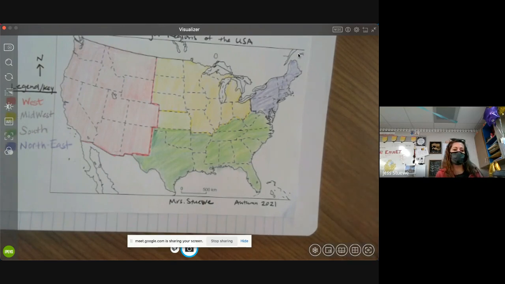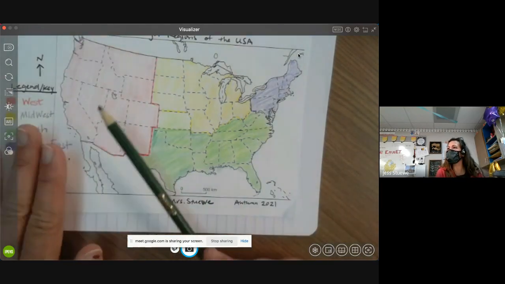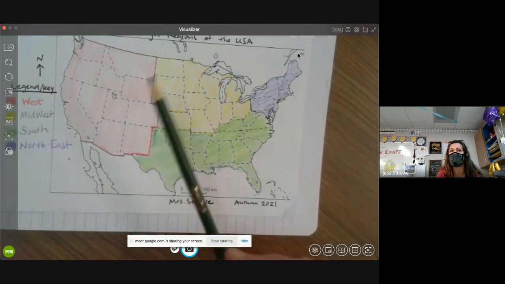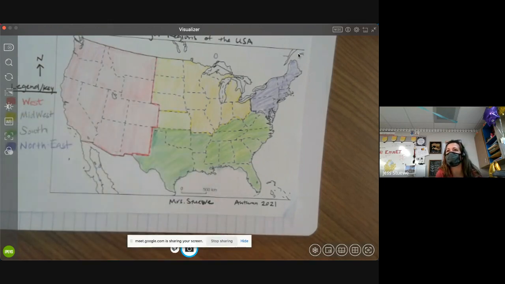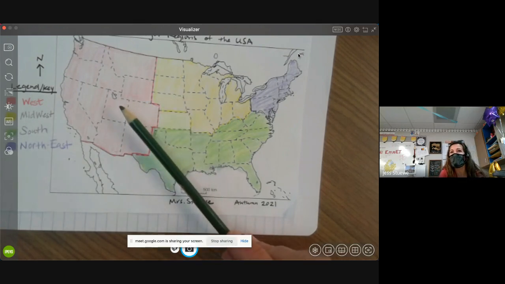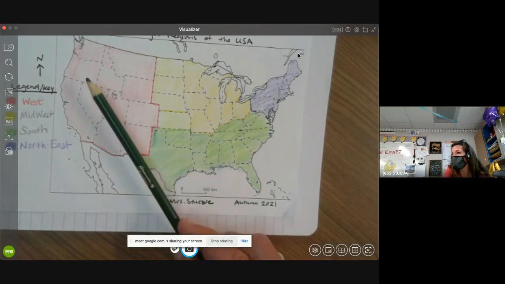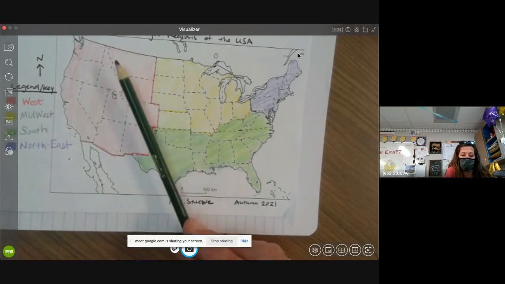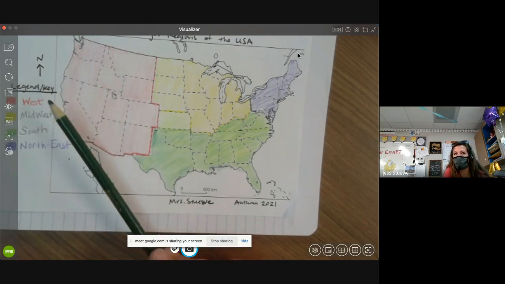If you were a tribe of early people and you lived in the West, in the Rocky Mountains, and some of you maybe even have been to the Rocky Mountains, what kinds of things might you use as resources to eat or make things with in the Rocky Mountains or West? What do you think, Travis? There's goats. Absolutely. If you go through Wyoming, you're going to see herds of antelope. And you're going to see mountain goats in the mountains. You're also going to run into cougars. Yep. A long, long time ago, there were other animals that lived up here too.